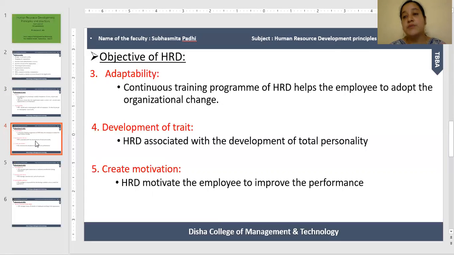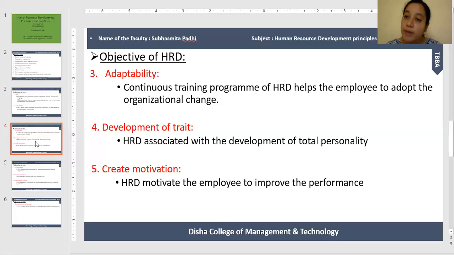So HRD gives more importance to developing the human resource's skill, knowledge, and abilities, as well as, at the same time, developing the organization also. Because if the human resource skill, knowledge, and capability is developed, but there is no suitable organizational climate or organizational culture, then it is not possible for the organization to utilize it. So for that reason, the organization gives importance to developing the skills, knowledge, and capabilities of human resource,